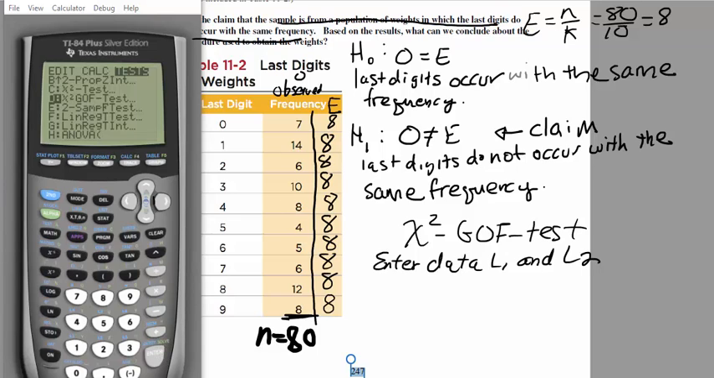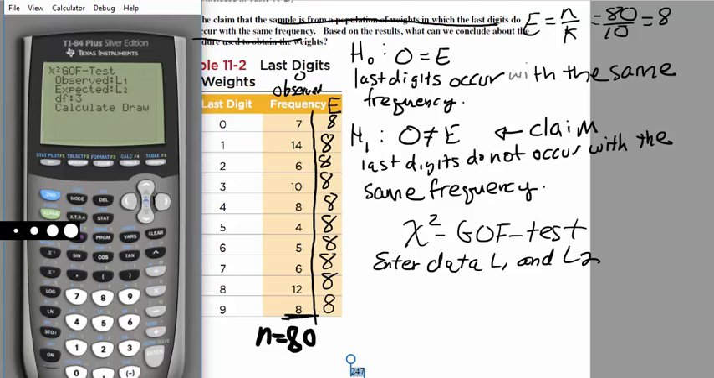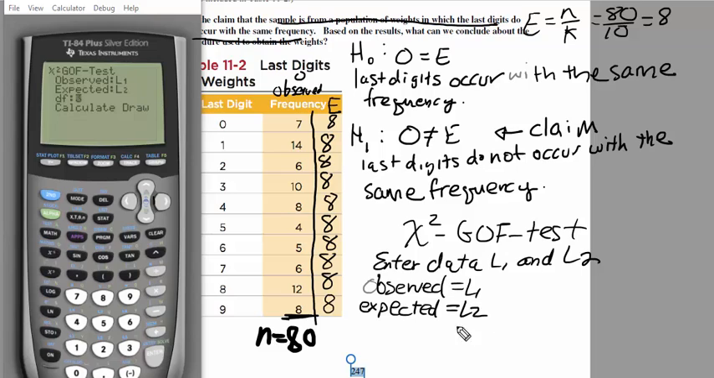So hit enter, and then it should say the observed and the expected are in L1 and L2. So the observed, again, was L1, the expected was in L2, and the degrees of freedom are k minus 1. So it's going to be 10 minus 1, or 9. So I'm going to enter 9 here, and then go down to calculate, and I see that the